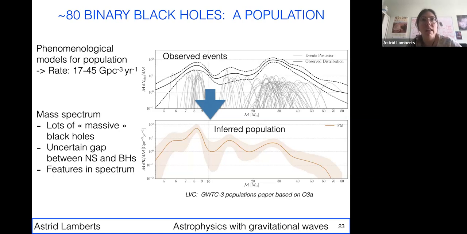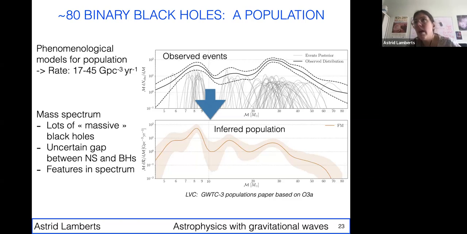So likely it's going to be a triple with a hierarchy, so you have an inner binary and an outer object. There's likely going to be a lot of exchanges between the inner and the outer in terms of mass, or just replacing one object with the other. So in terms of population, I think the triples will look different than the binaries in general. However, we don't expect three things to merge together like this. It's highly unlikely. But there are extreme cases where people expect, for example, that the triple will give a little bit of eccentricity. But whether that's measurable in LIGO Virgo is probably not the case, because at that point you're extremely circular already, but it could be detectable with LISA.